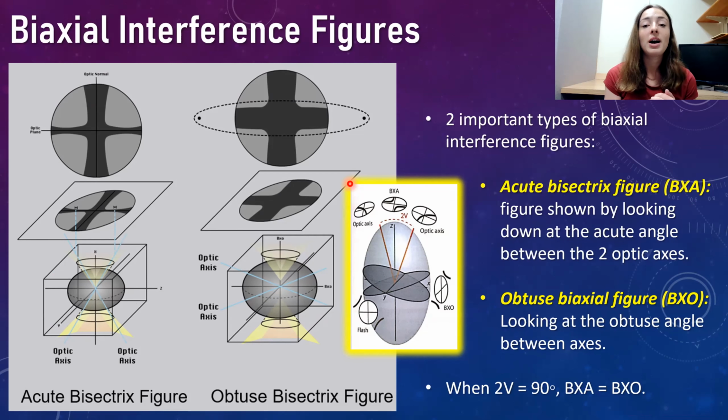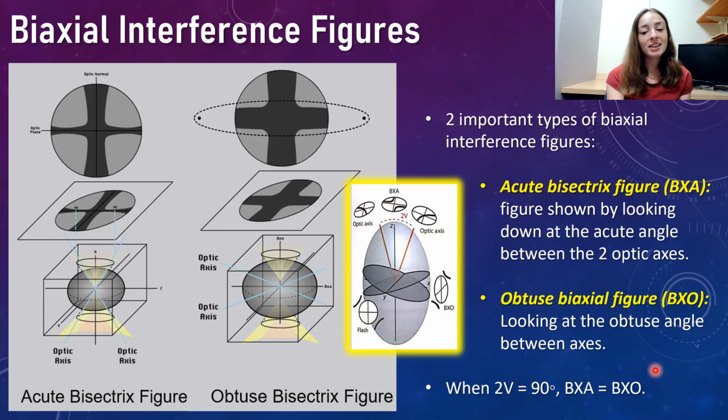Well, that's because you have an acute angle in between your two optic axes and an obtuse angle. And so if your mineral grain is oriented so that we're looking down at the acute angle in between the two optic axes, you're going to see your acute bisectrix figure. Whereas if we're looking down at the obtuse angle of your biaxial mineral, then you're going to see the obtuse